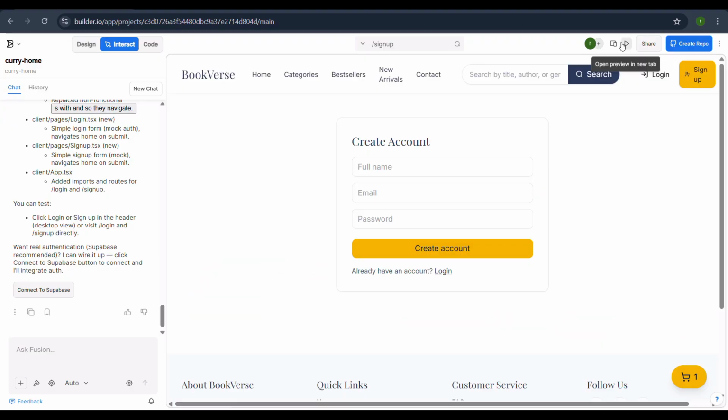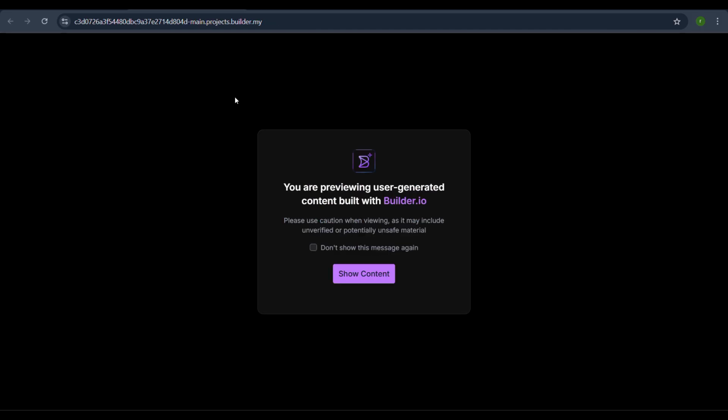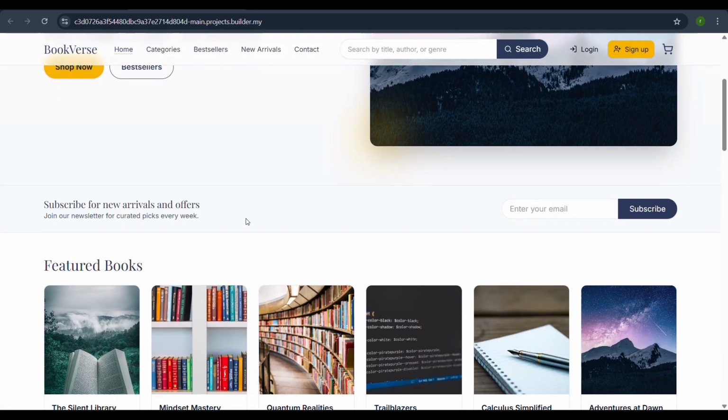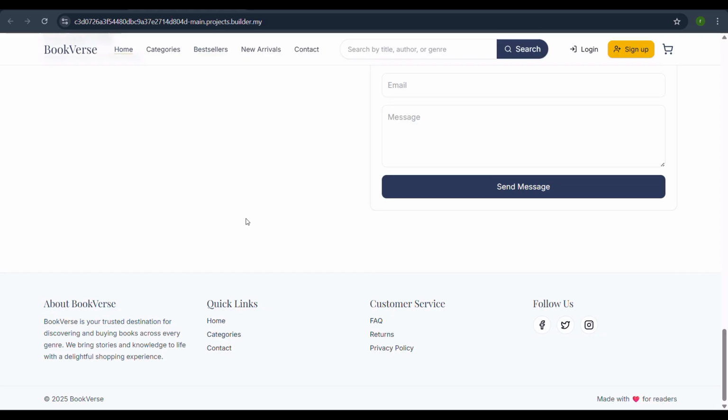Final testing and preview. We then open the preview in a new tab for a full screen experience. The application sets up the environment and loads the preview window. You can now interact with the website, add books to the cart,